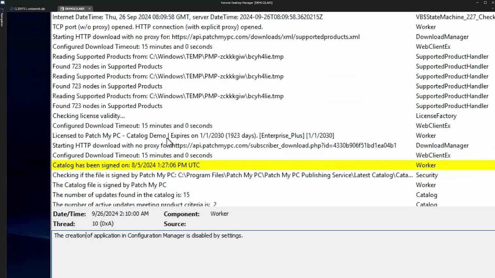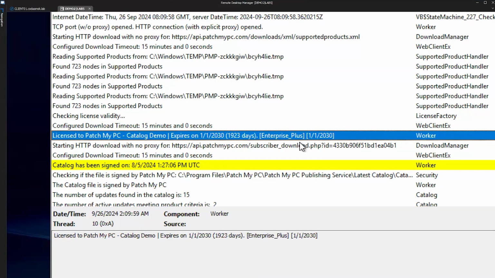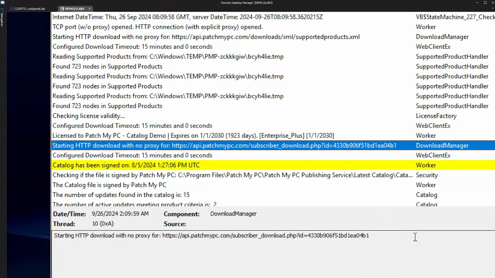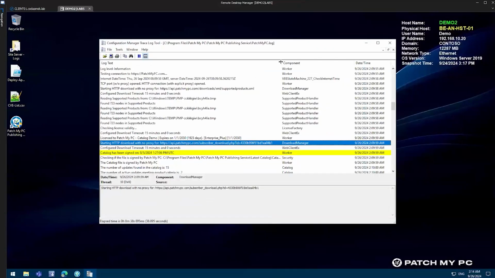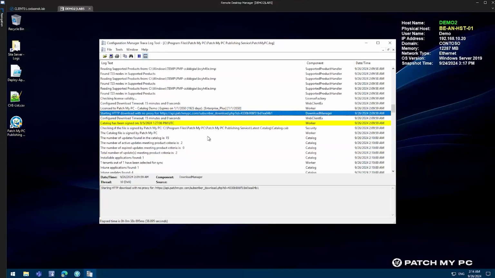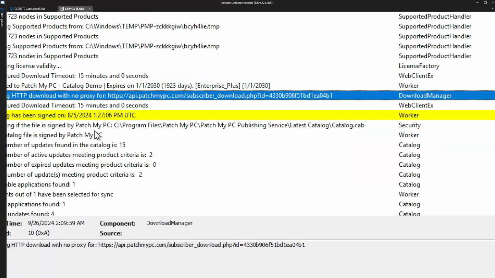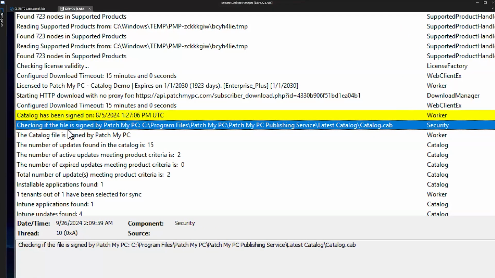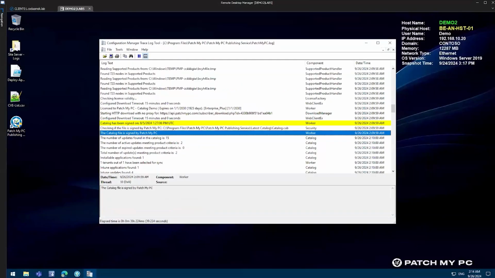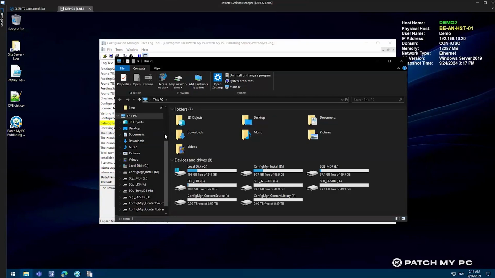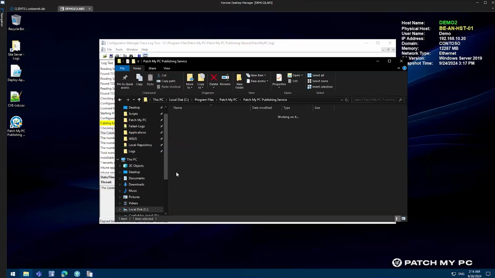If I scroll down a little bit more, we see some more chat about confirming our license from the previous call to do validation. It prints out our license information here. And you'll see another call to api.patchmypc.com, but this time calling a PHP file with your license key. This actually downloads a cab file. The cab file, you'll also see, is referenced a little shortly afterwards, checking if the cab file, the catalog file, is signed by PatchMyPC, and you'll see the absolute path where this is going to. And if we just take a look at that in Program Files, you will see,